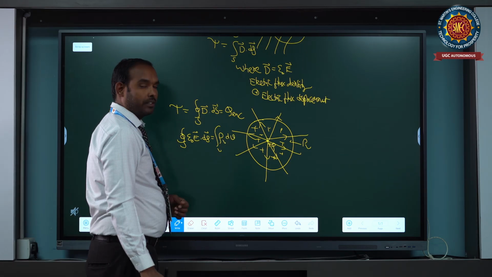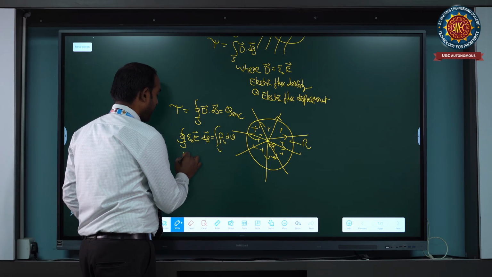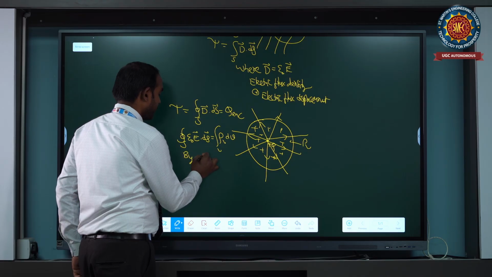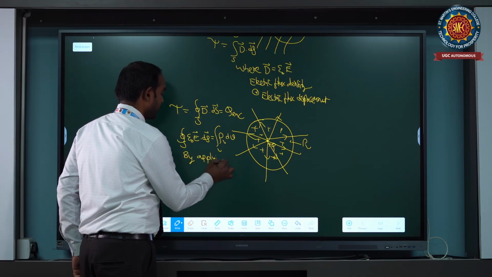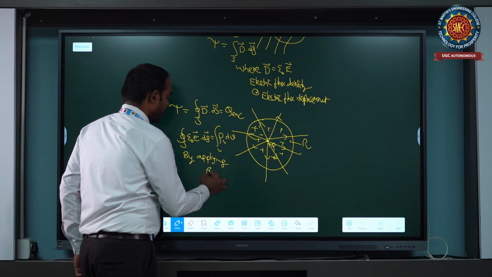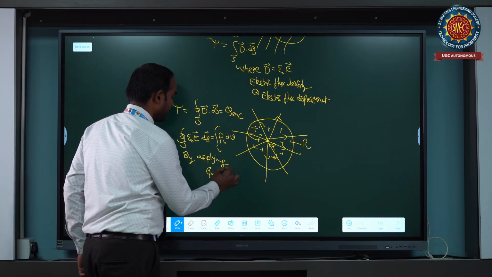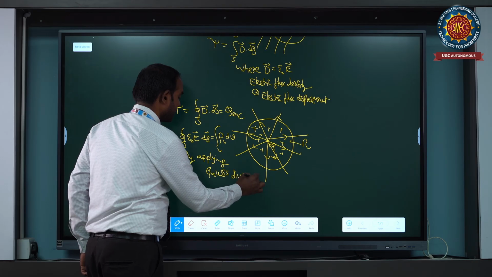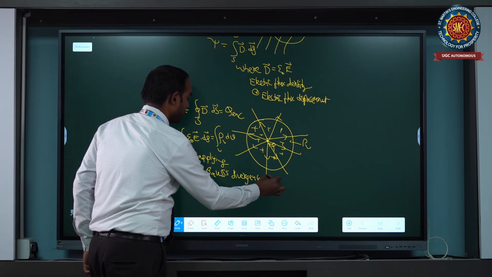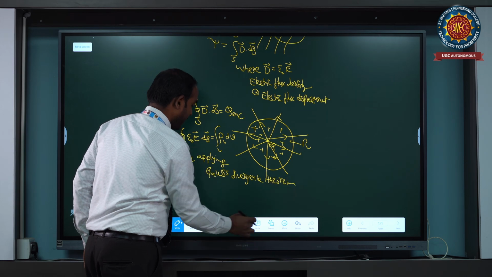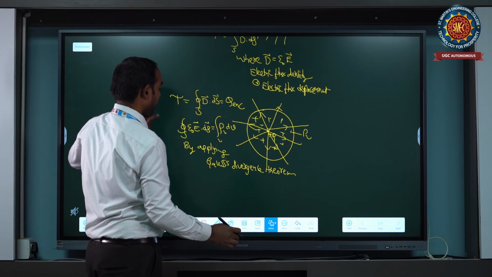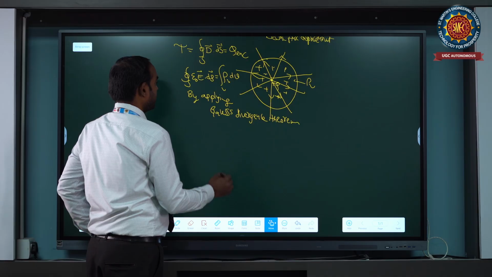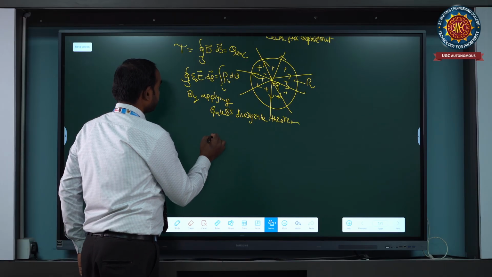By applying the Gauss divergence theorem, we write